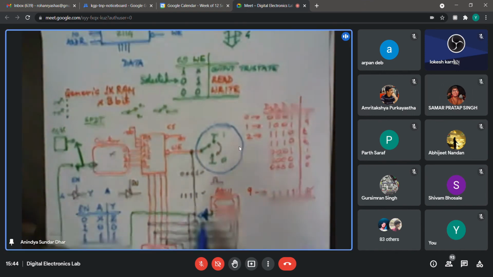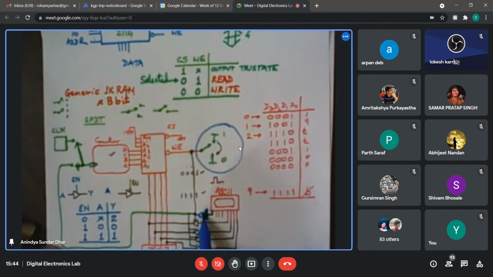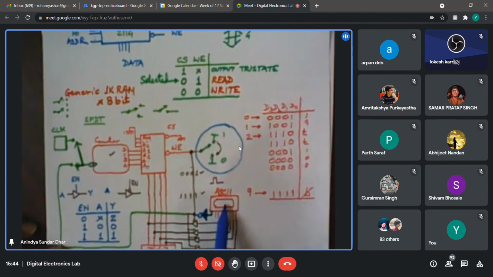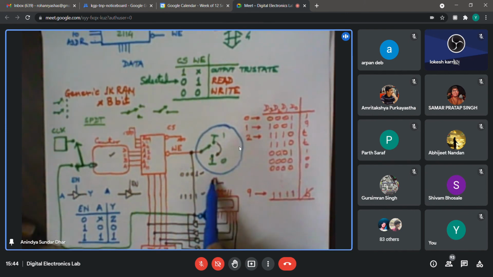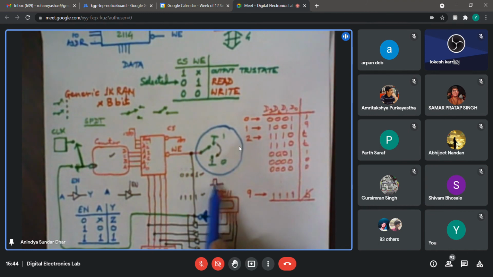This inverter? Yes. Are you talking about this inverter? Okay. So the ASCII keypad has a strobe signal. You must have used it earlier. Whenever you press a key, rather release a key, it will generate a strobe signal, which is a short-lived positive going pulse. Short-lived means in the simulator it takes just one tick. You remember what a tick is? By default, 10 ticks take a full clock cycle. So it remains high for just one such tick, that much duration.